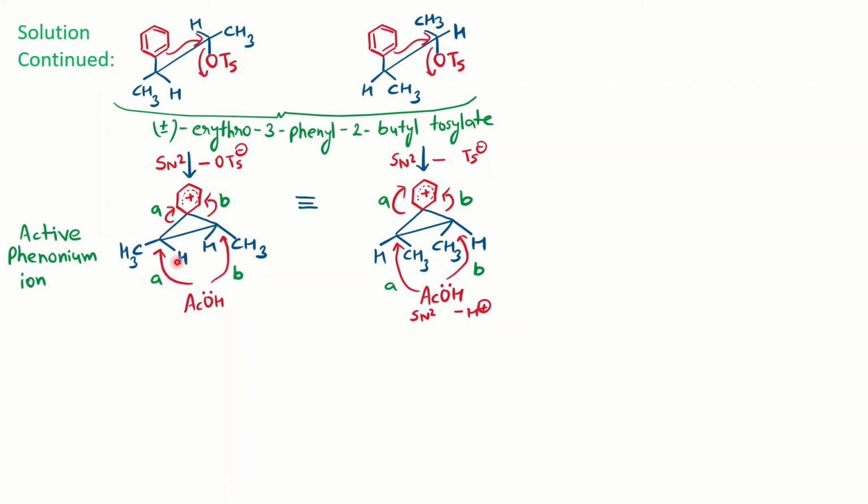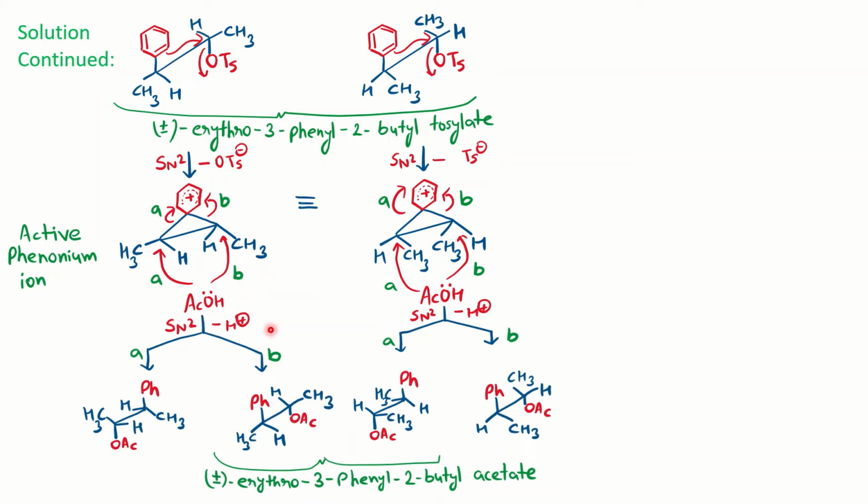Similarly, on the other side also one hydrogen and methyl are present, so we call it the active phenonium ion. There are two possibilities for acetolysis, the same way, either path A or path B for both intermediates, and you have plus minus erythro 3-phenyl 2-butyl acetate. You can notice one is a retained configuration compared to the starting material,